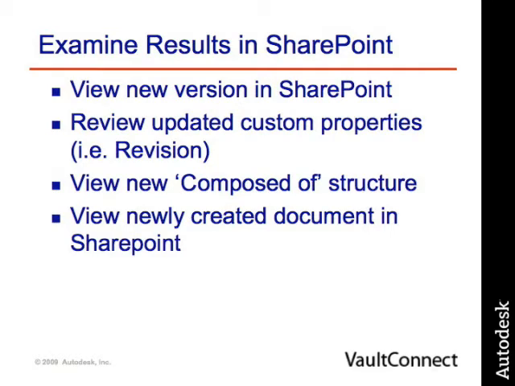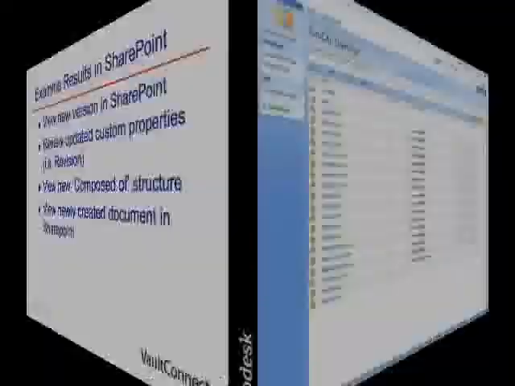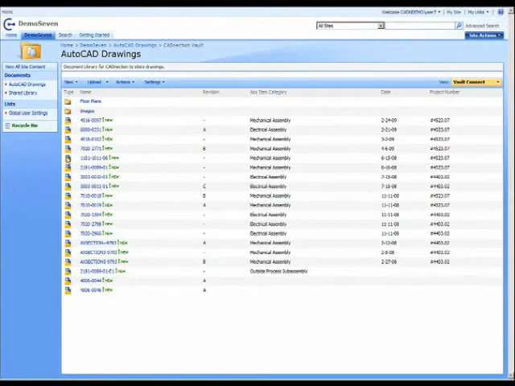This will be reflected by reviewing if the Vault Collaboration data has been transacted and if changes to the bill structure have been updated to the existing item. There should also be a creation of a new item, update of its properties, and bill structure as well. In SharePoint, we now see that document